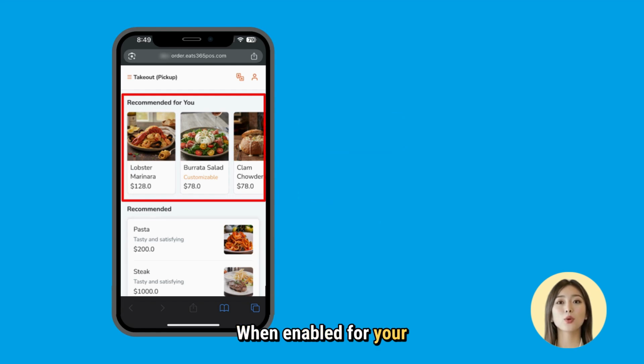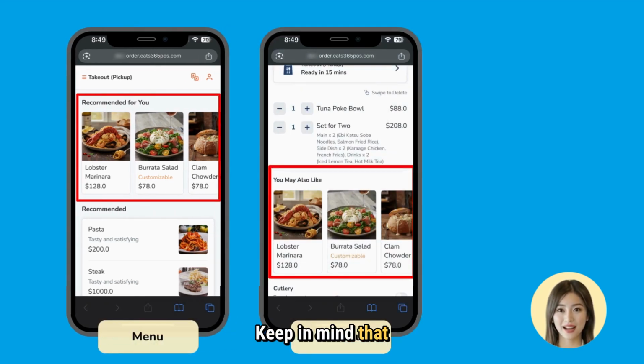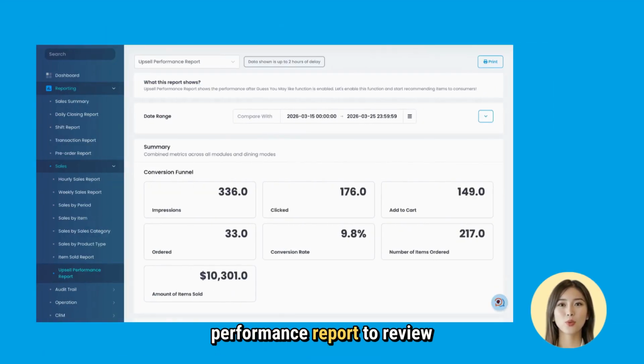When enabled for your restaurant's website, customers will see these convenient suggestions on both the menu and checkout pages. Keep in mind that upon first activation, the system requires 3 to 4 days to train its AI models on your restaurant's transaction data. Once the feature has received sufficient data, you can generate the Upsell Performance Report to review